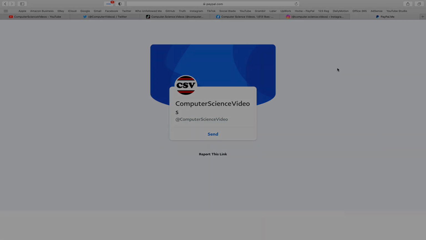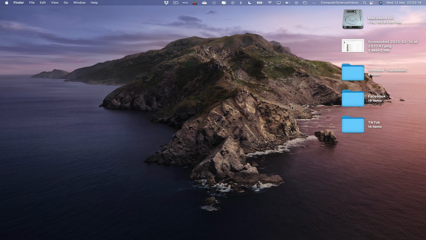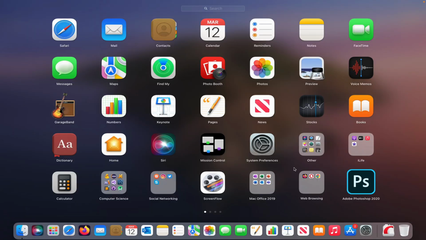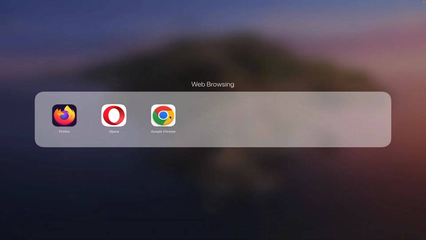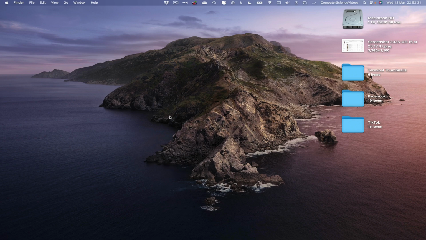Let's now focus on the video. So now let's go down to the dock. Go to Launchpad. Go to the alternative web browser, which is Google Chrome. Click on this. Wait for that to load. Once that is loaded,